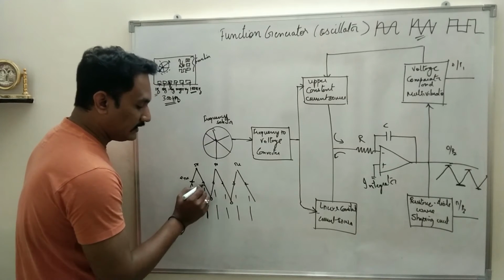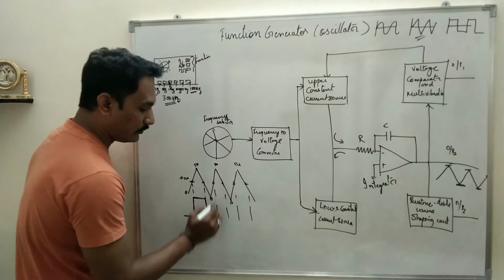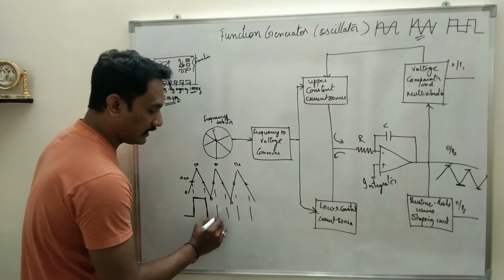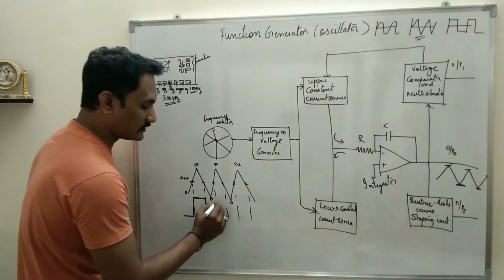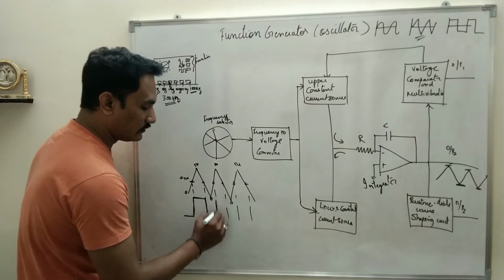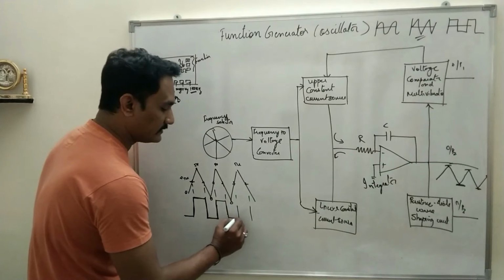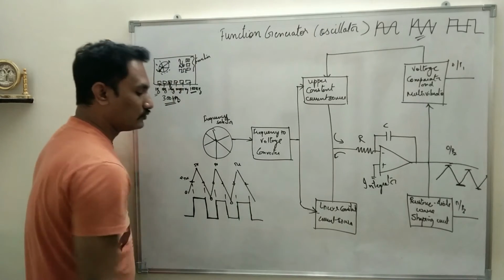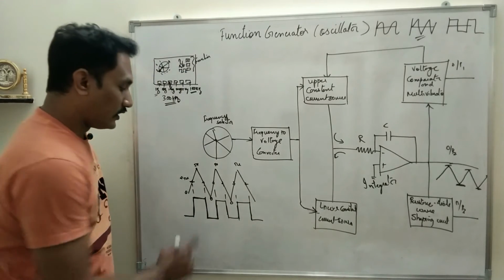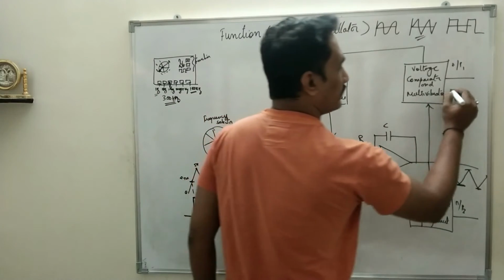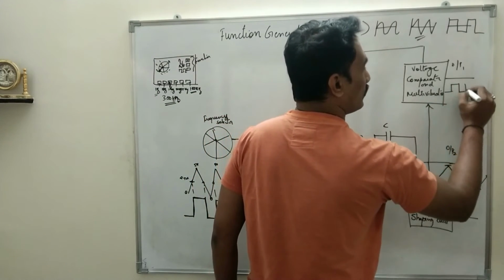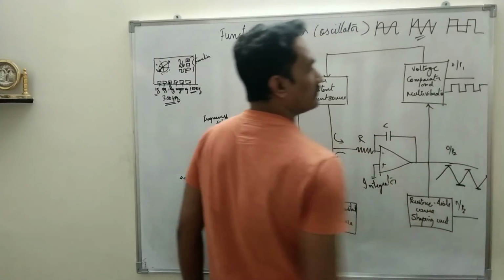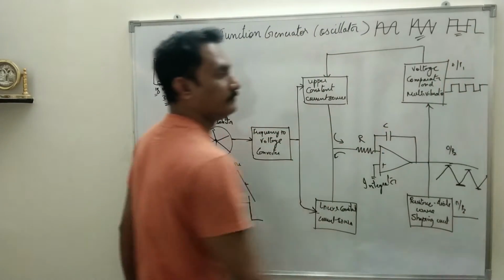It will be 0 from 2.5 to 0, and 0 to 2.5, so it will be 0 up to this point. Again it will be triggered as soon as it crosses 2.5. So like this, what you can see is, when the triangular waveform is given as input to the multi-vibrator, what it produces is the square wave. So you got one more function.